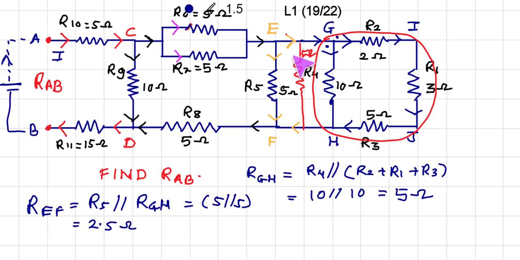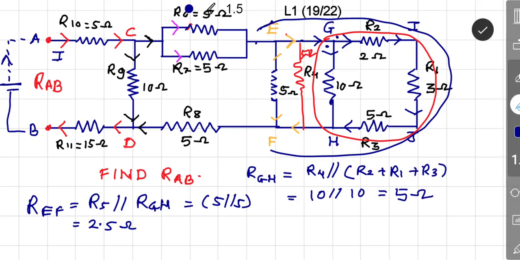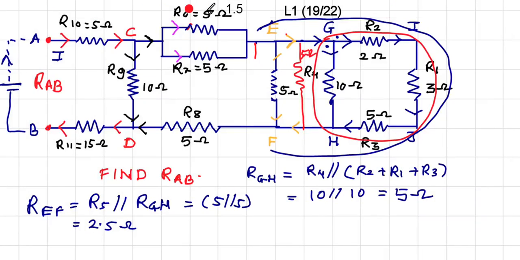So now if we talk about REF, this total circuit is giving us the resistance of 2.5 ohm. So that can be replaced by 2.5. So now let us consider this part will be replaced by this resistance,